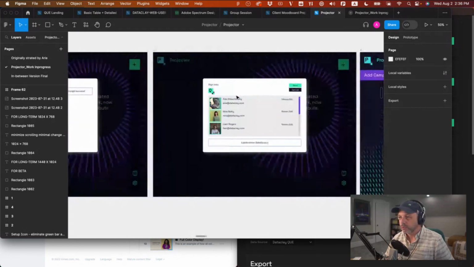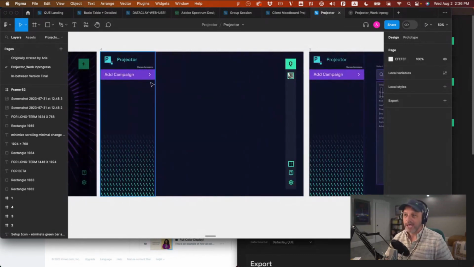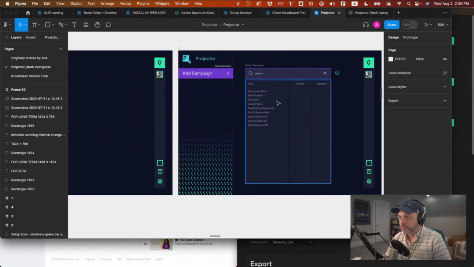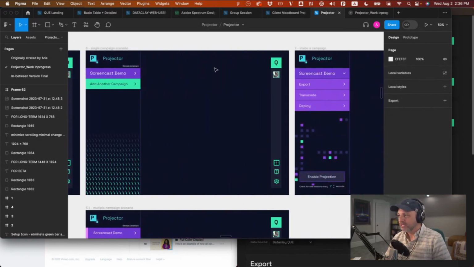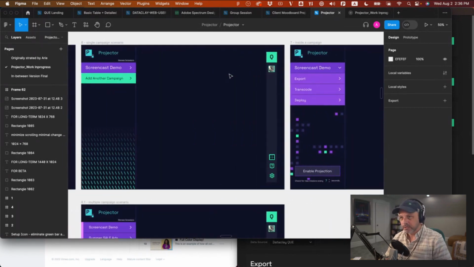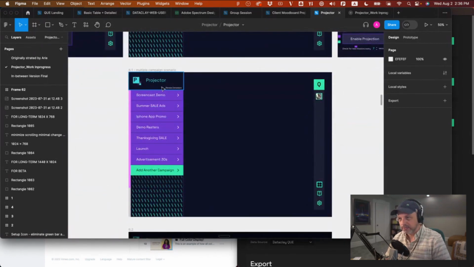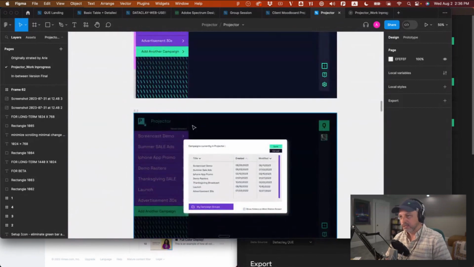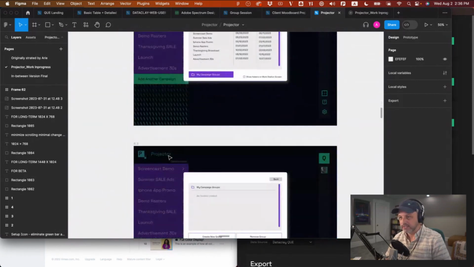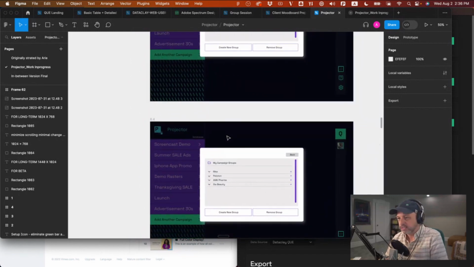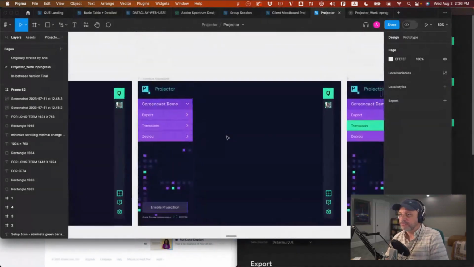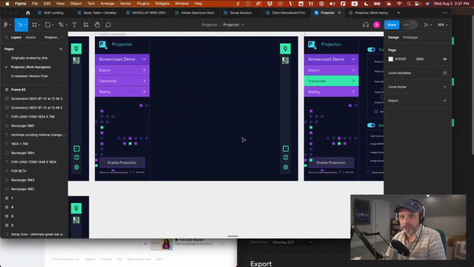Once you authorize everything, then you add a campaign, and the campaigns come in, and you can choose which ones you want to add. Then on a per campaign basis, you can have multiple campaigns set up. You can click add another campaign, and it continues to add to this list on the left. You can group campaigns together if you're creating content for different clients.